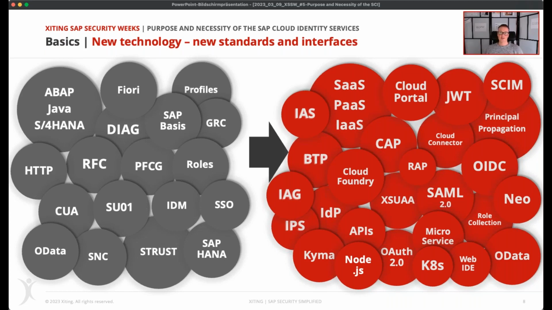On the SAP Cloud side, the topic looks quite different, especially when it comes to authentication and authorization. Here, the procedures and technologies used are quite different. Now we're dealing with OAuth, JWT, SAML, OpenID Connect and that kind of stuff. And the provisioning of users is typically done using the System for Cross-Domain Identity Management, SCIM protocol. So there are many new standards, APIs, processes, development tools, and organizations are faced with those new requirements.